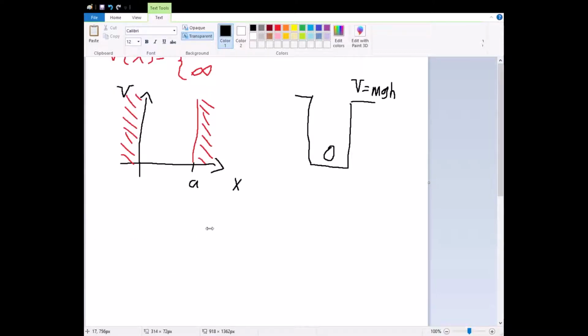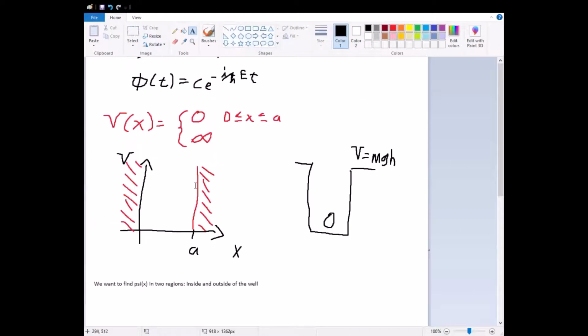Because we have two different scenarios here. We have the inside of the well, where v is a constant, being 0, and the outside of the well, where v is another constant, being infinity. So obviously we want to solve these two scenarios. Well, first off, let's start by looking at the infinity case, because we can actually link this back to